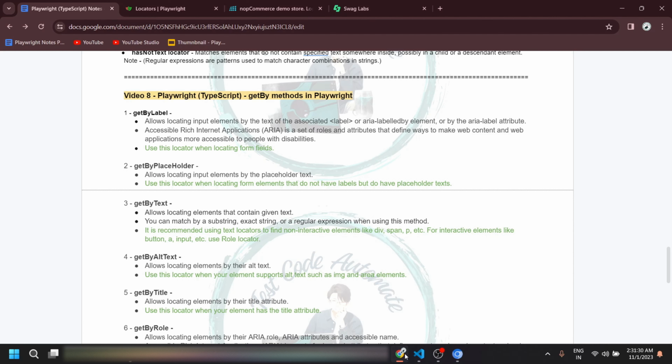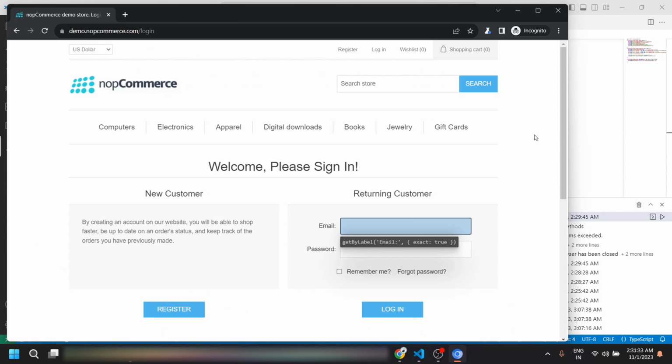Here, if you see, the search field does not have any label, but it has a placeholder. What is a placeholder? If you click here, or if you see this search store, this is not a value, but a placeholder. It is telling the user that they can search anything in the store from here. We need to type. Okay, so let's